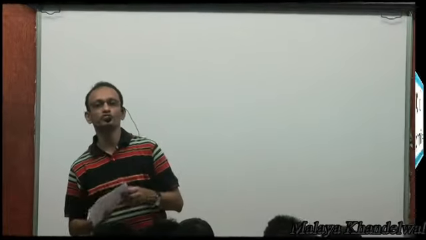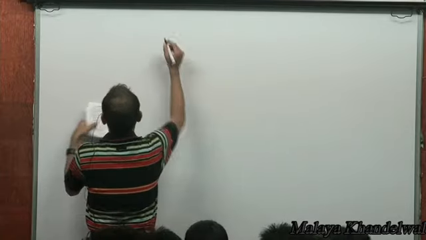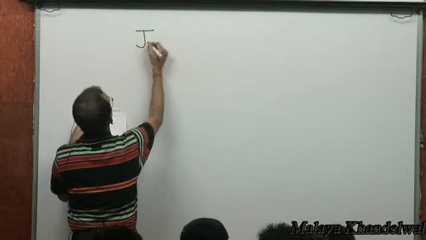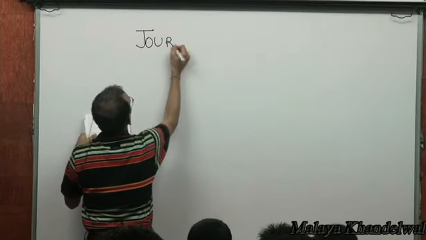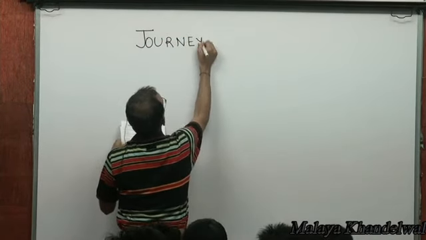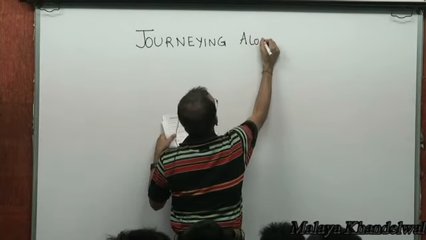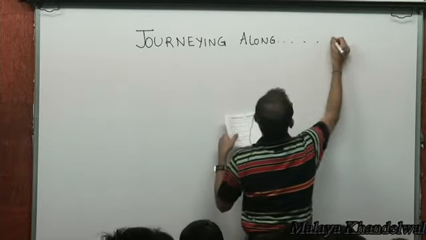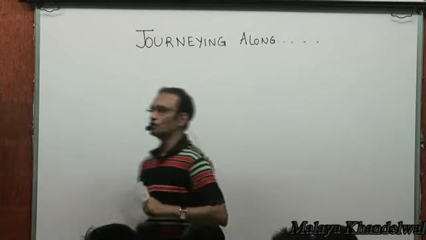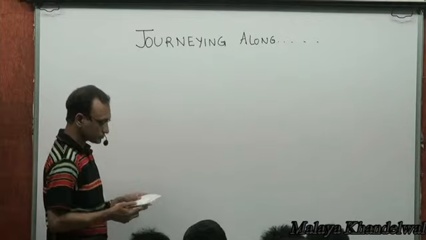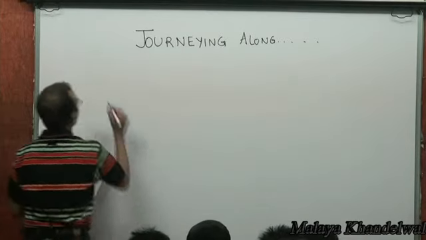I would assume you would have attempted a few problems from the sheet by this time and are ready for some discussion at my end. Right, so the sheet titled Journeying Along Differentiability, etc. So the first problem of the sheet